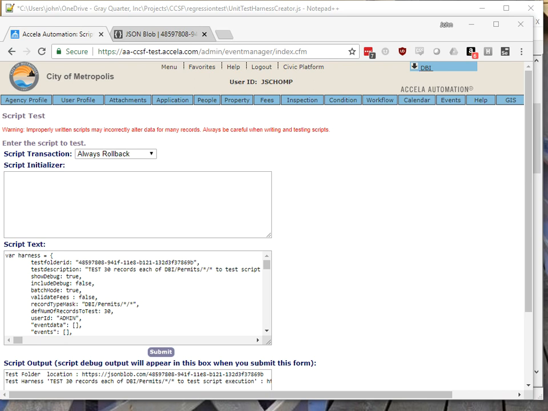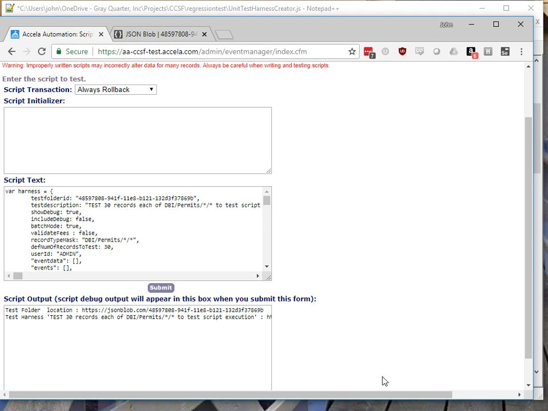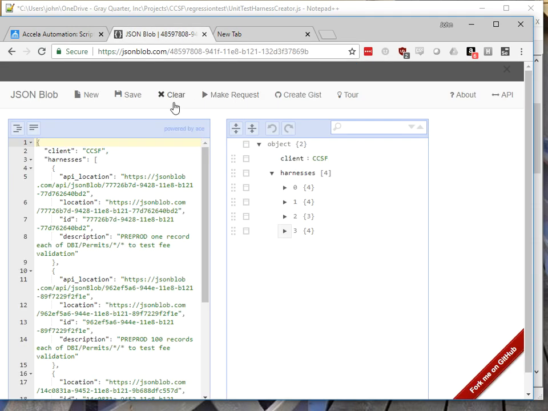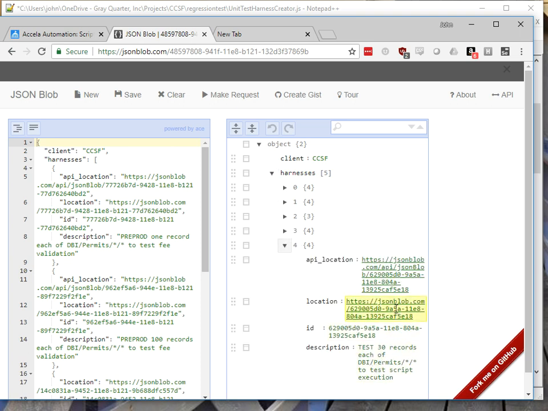Okay, just finished about a minute, maybe 2 minutes later, and this put out a link to our test harness, to our folder, which our browser already has open. And then this next line is that our test harness is created, and then it'll give us a URL to that. So let me grab this. First we'll go refresh our test folder, and now you can see we've got 5 test harnesses, and then here's this one. So it's basically just keeping track of what we've got. And then for this one,